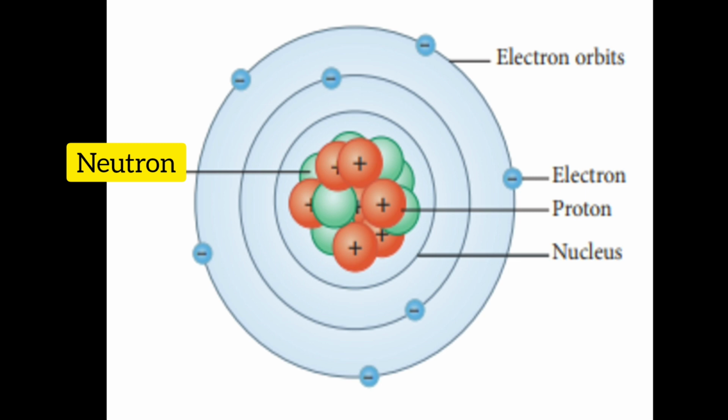So you can see here the picture of the atom. The protons and electrons are equal in number, and they are strongly attracted by the nucleus. The force of attraction is very strong, so they cannot be easily removed from the atom. The electrons which are revolving in the outer orbit are loosely bound so that they can be removed easily.